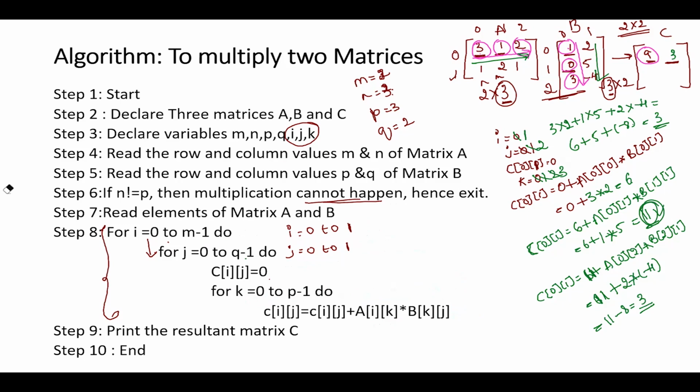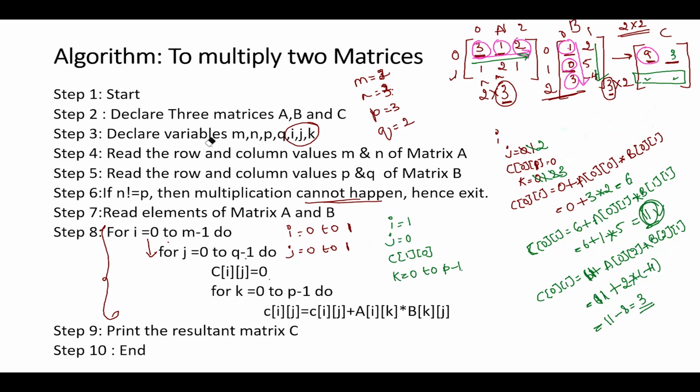Okay, so now I'll briefly explain how it is going to work. So now when I becomes 1, once again we will go ahead and become j is equals to 0. And once again, which means now we are talking about this particular two values, this and this. All right. So C of 1 comma 0, that is what I'm talking about. 1 comma 0 we will get in, and then we will look for k is equal to 0 to p minus 1. Similarly, you can just iterate. So here what exactly we are doing is, first I'm going to calculate the value of, first I will calculate